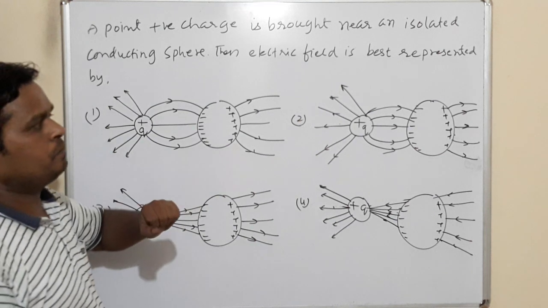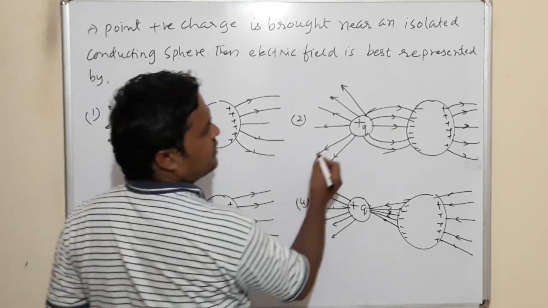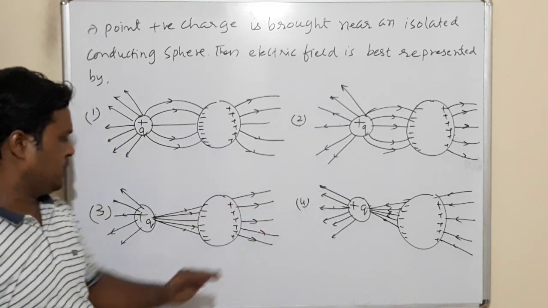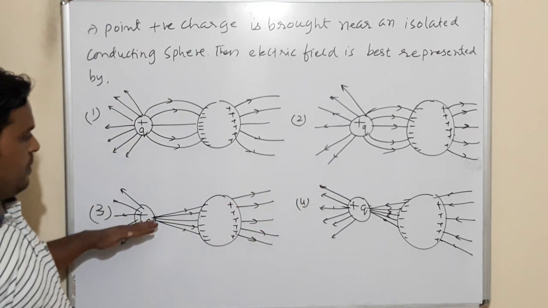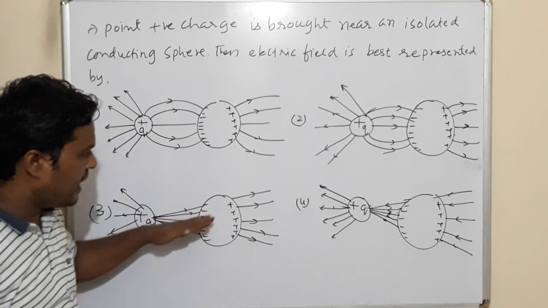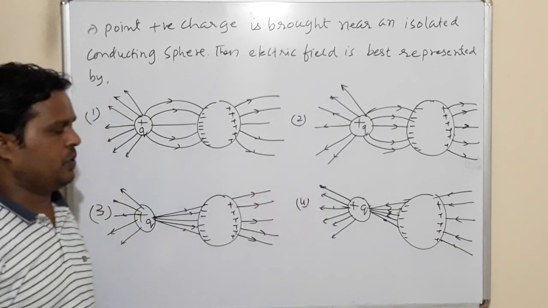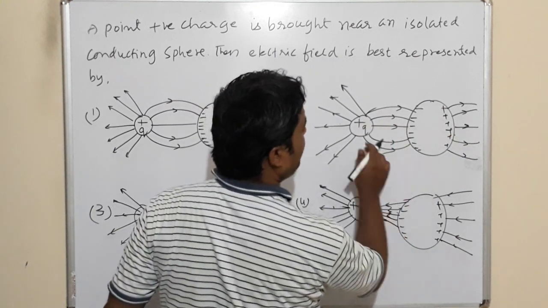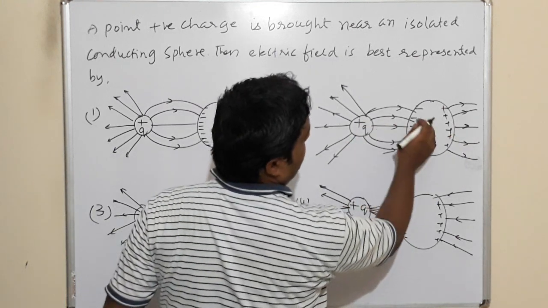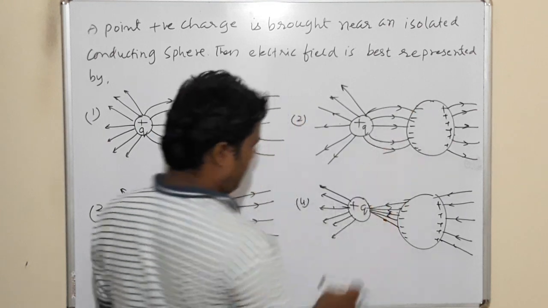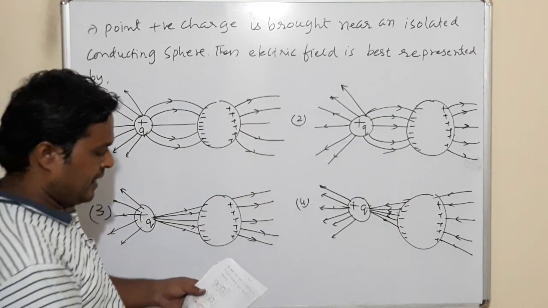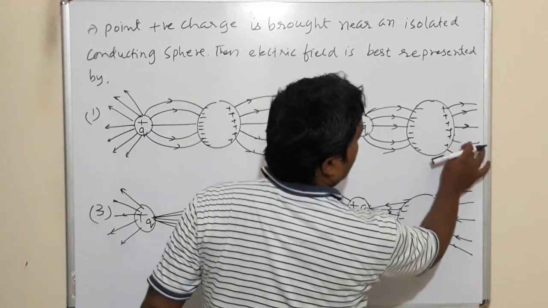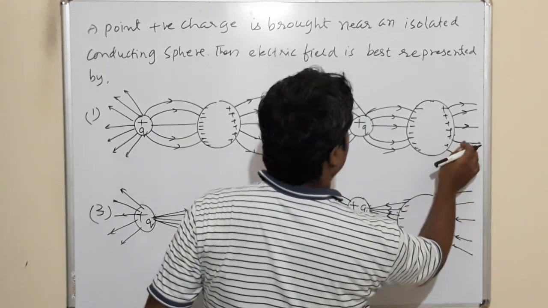Then you see, electric field lines, one property I studied: electric field lines go away from the positive charge, starting from positive charge, ending at negative charge, again starting from positive charge. This will be wrong here. Suppose this is a negative charge, electric field lines are going towards the negative charge, and these lines I represented wrongly. See, both the first and second options I made the same.